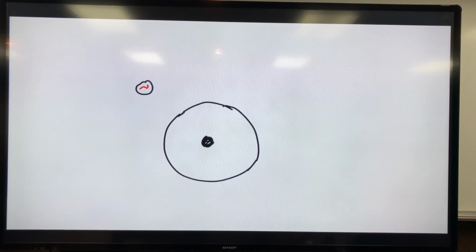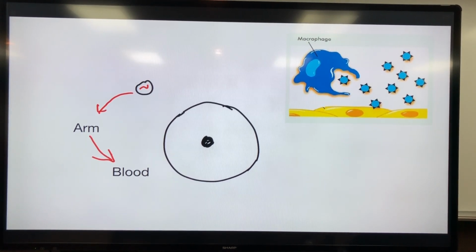Okay, now how does that help you? So last Friday, I got my second dose of the Pfizer vaccine. So I have Pfizer's little soap bubble there with a little bit of that RNA, thousands of those little soap bubbles, and a little bit of half cc in a syringe injected into my arm. Once it gets in my arm, those little nanoparticles get in my blood, and the first thing that happens, they see this guy. This guy's one of my little white cells called a macrophage. It's basically like a little Pac-Man or blob. It eats up things that are not us.